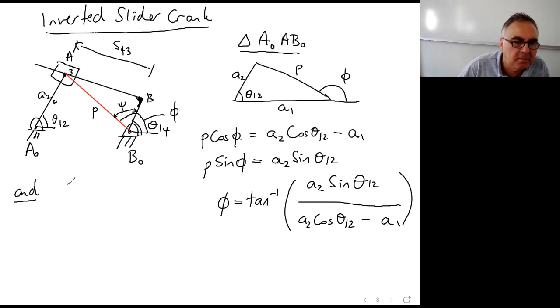And P distance can easily be found. It can also be found from the law of cosine, actually. P squared can be found, but you can also use Pythagoras theorem, whichever you prefer. P will be